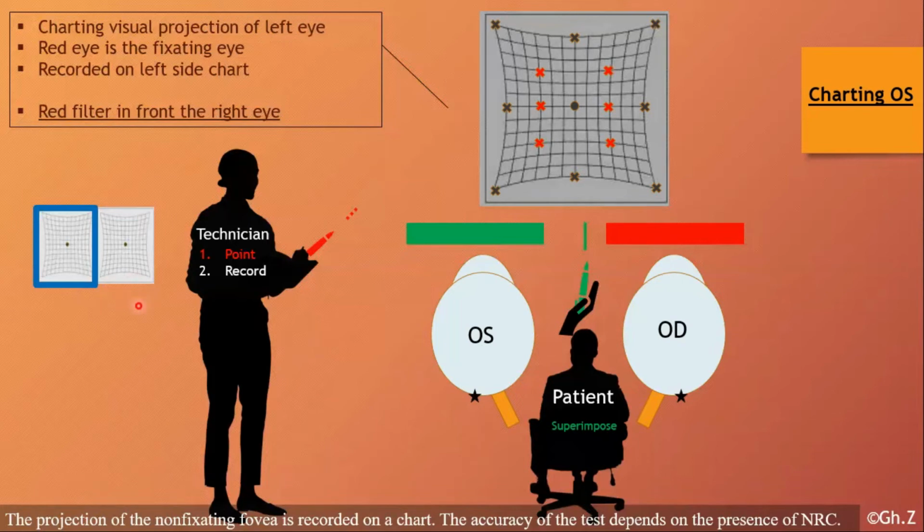You know, this is like a visual field. Ideally, you should do the visual field for the right eye, and you should do the visual field for the left eye. Sometimes we call the chart a field, by the way.